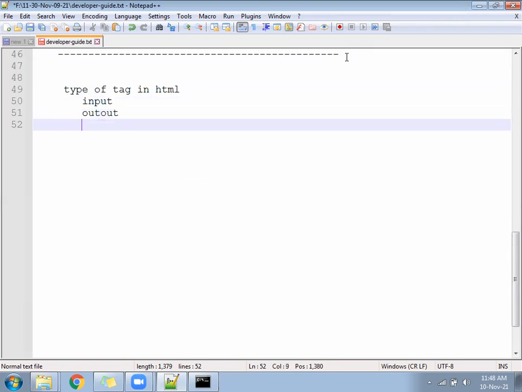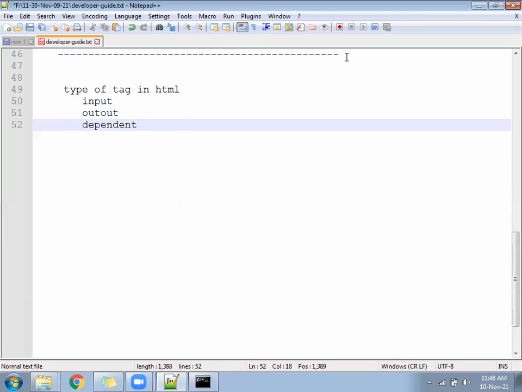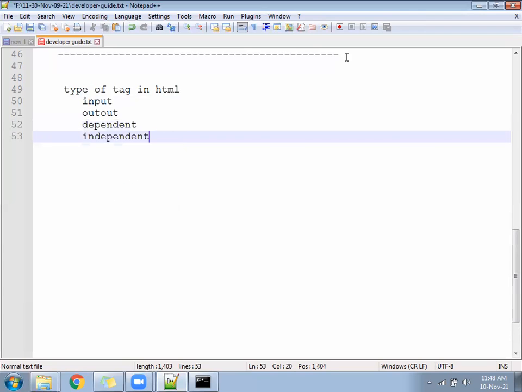Input and output, two types of tag we have. Then we have written some behavior of this tag. We found one behavior that is called dependent and independent, and block and inline. So one is called dependent, and another one is called independent.